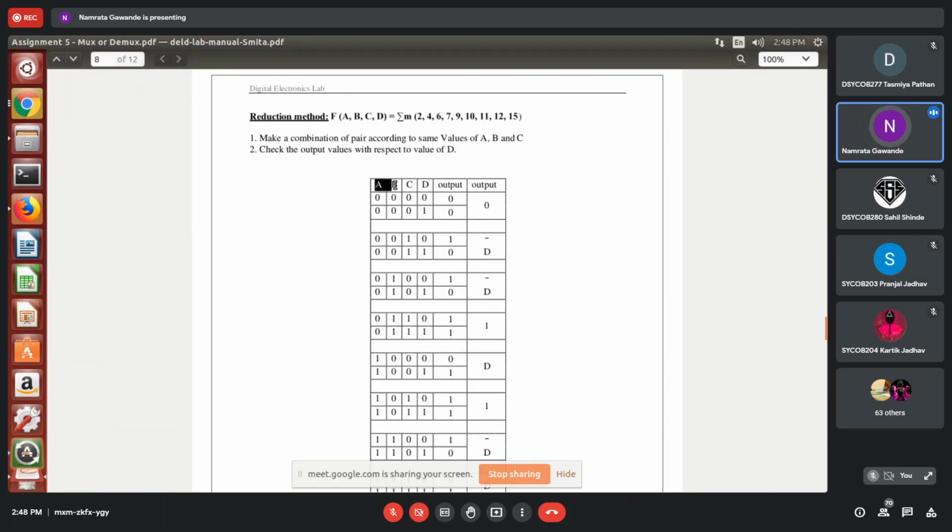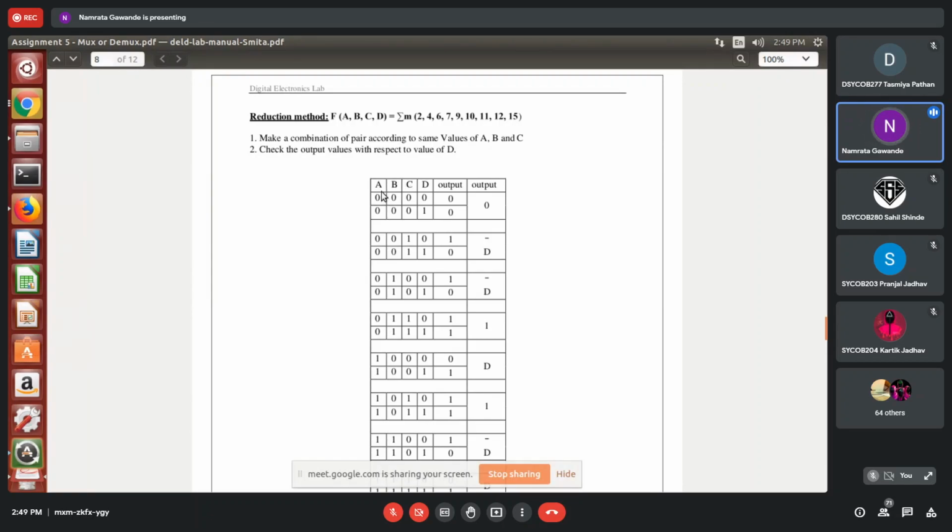If 3 select lines will be required, we have to eliminate this D. And when we are eliminating this D, we need to compare it with the output. Now you have to compare this D with the output. Check 0, 1, it is there, and here you can see both places 0, 0, meaning the output is 0. If both are 0, you have to simply make a grouping of these 2 rows. Everywhere you can see the grouping of two rows. Why? Because we have to convert in terms of the 8:1 mux now. For an 8:1 mux, I can take only 3 select lines.